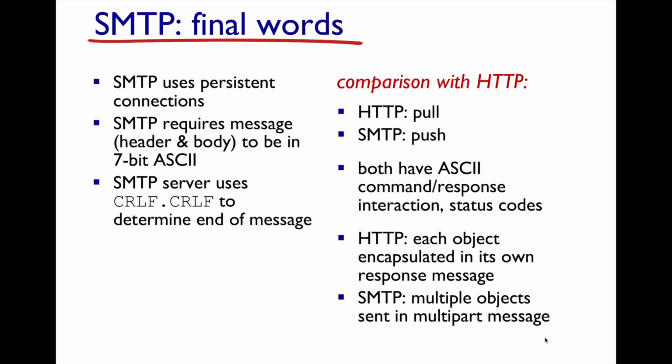But SMTP uses persistent connections. It opens up a single connection, and if you think about it, why would it do that? Because it's a lot less efficient to open up a unique connection for every single message, right? Because you're going to pay that cost of the round trip time to open up that connection and then send that data. So it keeps the connection open, and it just pushes subsequent messages down that single connection directly to